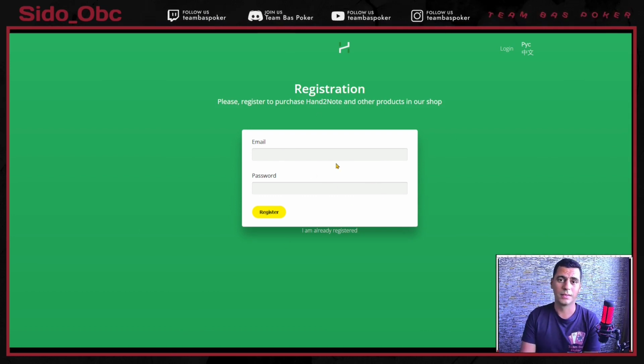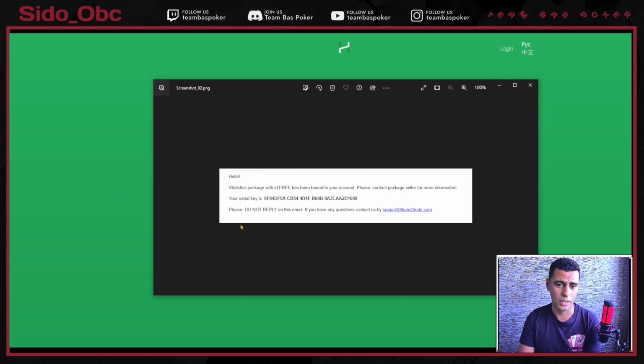After that, this is the email you did use here, the email you need to send us or any HUD provider where you are buying your packages. So you send us this email to activate your package, and then you get an email that looks like this with a serial key. The serial key is the key that you will need to copy and paste